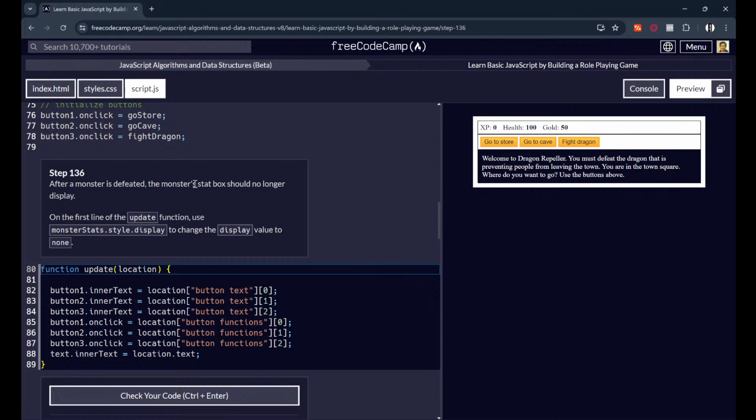After a monster is defeated, the monster stat box should no longer display. So on the first line of the update function, use monster stats style display to change the display value to none. So monster stats dot style dot display equals,